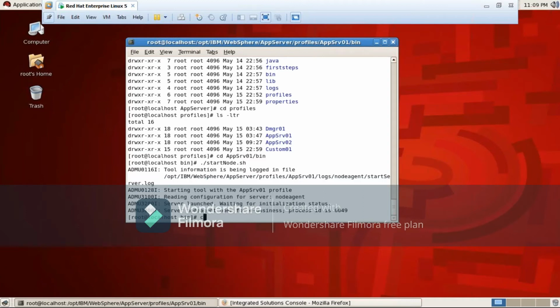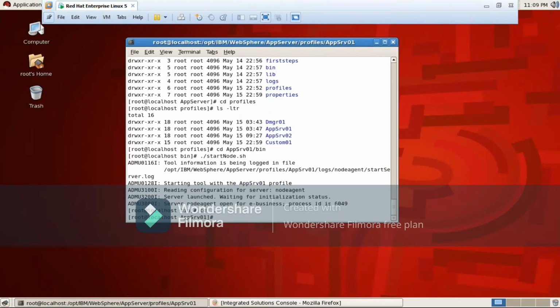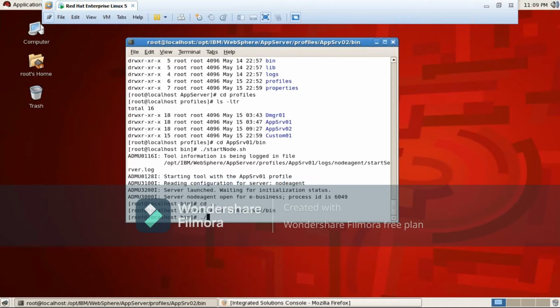Okay, so let me come out of one and let me go into app server 02 bin, right? There, now I'm going to start this node. So this time I am going to start with startServer.sh.